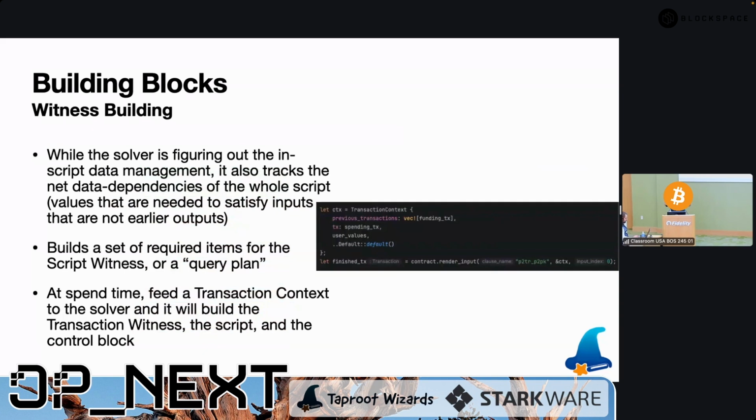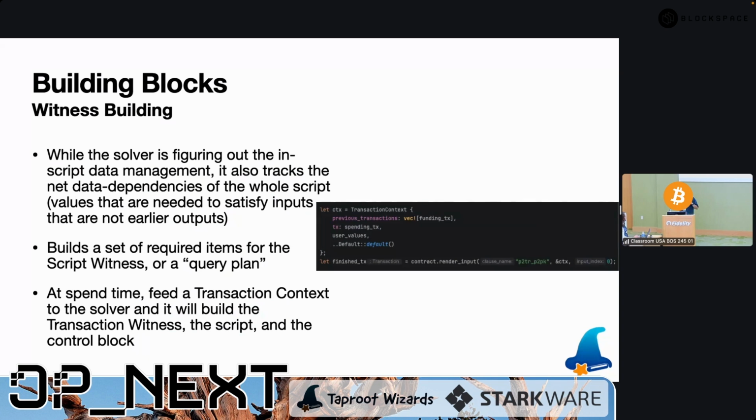The way that this works is we have to scan through all of the gadgets and keep track of what things are needed for inputs and outputs. Then we have to insert all these opcodes. While we're doing that, we're also keeping track of what inputs are net new into the script. The reason this matters is you might have a gadget with an input that's computed from an earlier gadget, so that value comes from inside the script. But then you're going to have some inputs that can only come from outside the script. Think of a signature, or maybe you're passing in a value for a specific output. So we keep track of the net imports of your script, and we build up what's called a